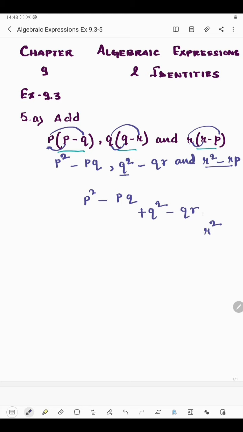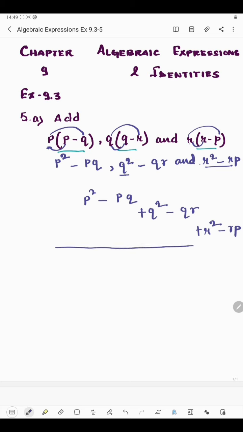so we'll put it at the end, not below any term. In front of r square we don't have any sign given, which means it is considered to be a plus sign, so we'll put a plus sign here. And then we have minus rp, so rp also is not present over here, so we'll put it at the end. We'll just check before writing: at first we need to write every expression in every line, and then we need to check the like terms. If we get any like term, we'll put it below that, otherwise we'll just put it at the end.